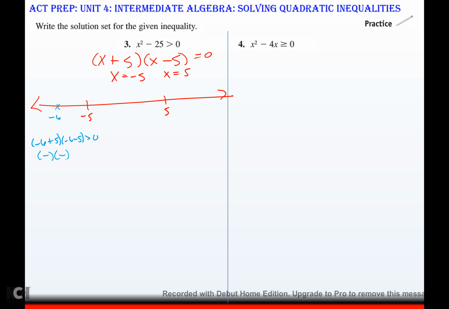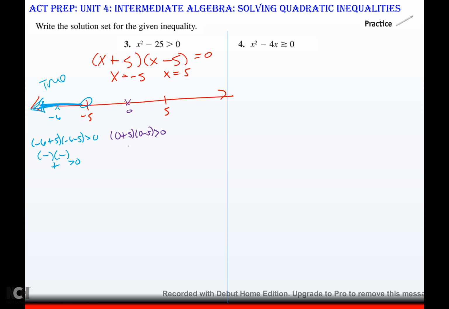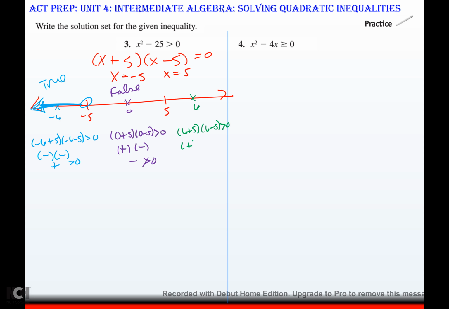This is a negative, and that's a negative, which makes a positive, which is greater than 0, so this is true. I can include it, so open circle, but color this way. Pick something in between. How about 0? That'll give me 0 plus 5, 0 minus 5, greater than 0. That's a positive, that's a negative, which is never greater than 0, so that section is false. Pick something up above, like 6. 6 plus 5, 6 minus 5, is it greater than 0? Well, that's a positive,